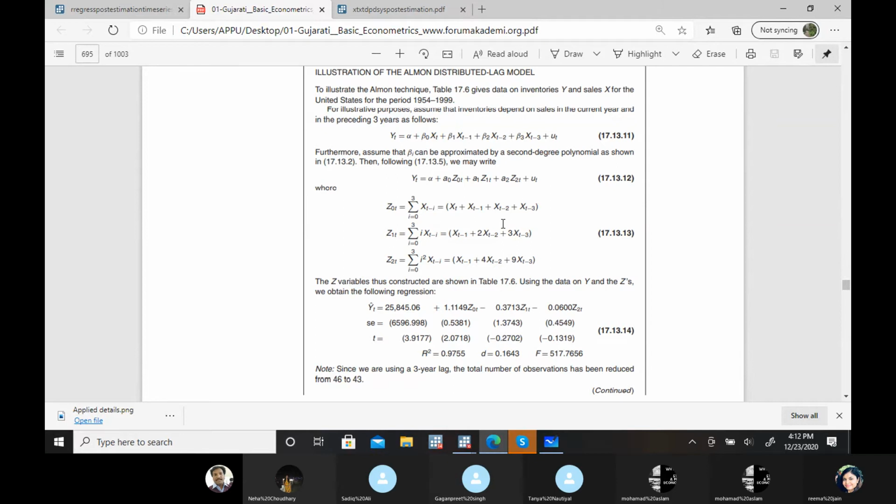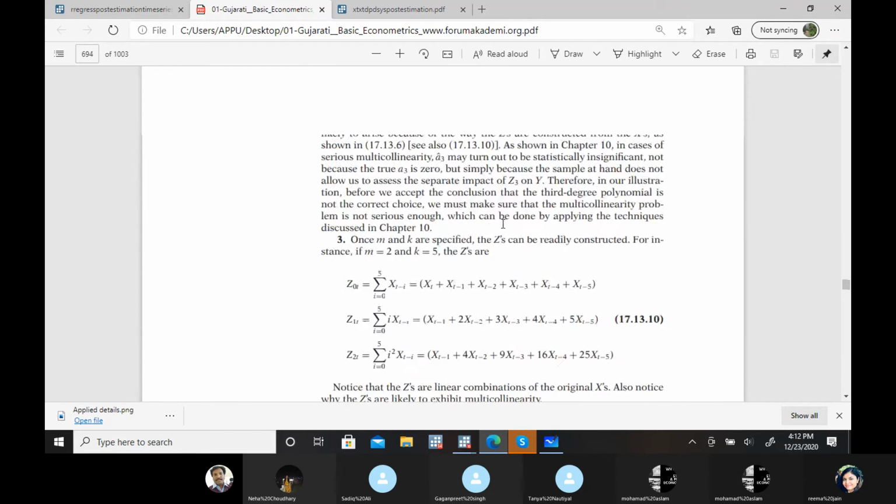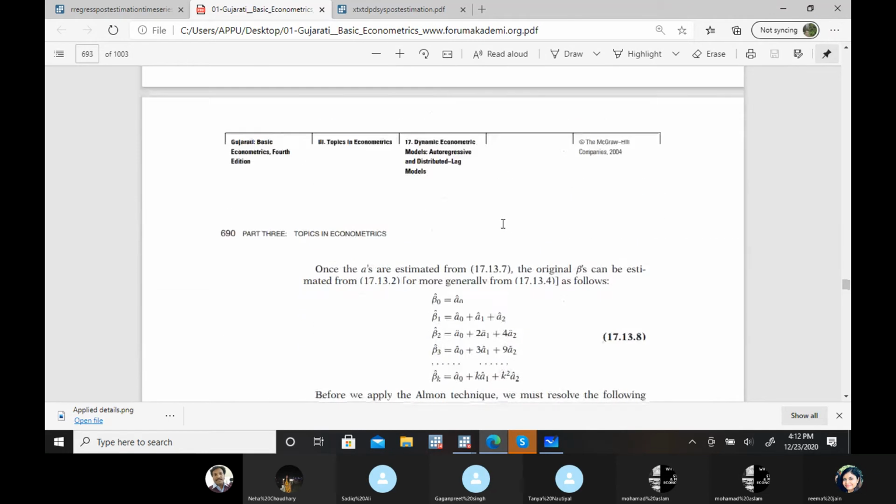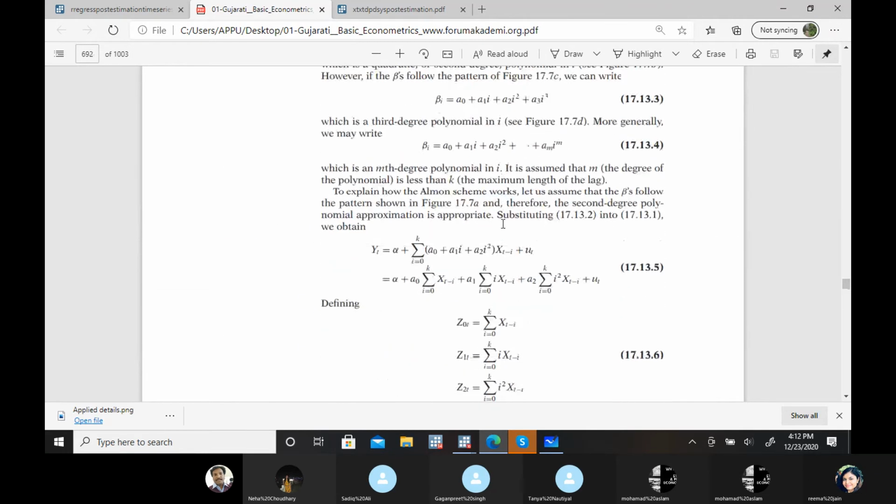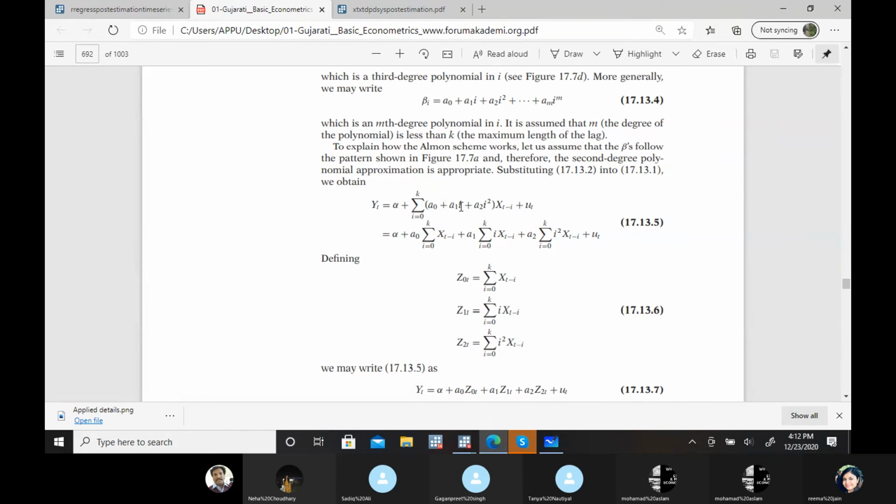Does anyone have any doubt? These three equations are for the three terms that you have added: A0, A1 and A2. A0 is without the I coefficient, A1 is with the I coefficient, A2 is with the I square coefficient.